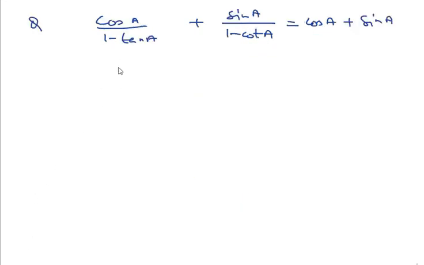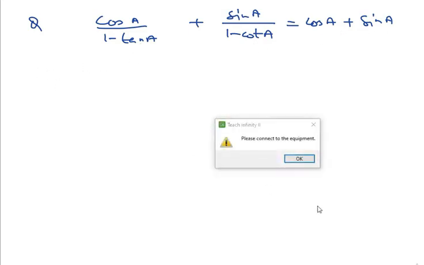Now you can see one more question on your screen. Cos A upon 1 minus tan A plus sin A upon 1 minus cot A. We have to show that this is equal to cos A plus sin A. So again I am going to note down